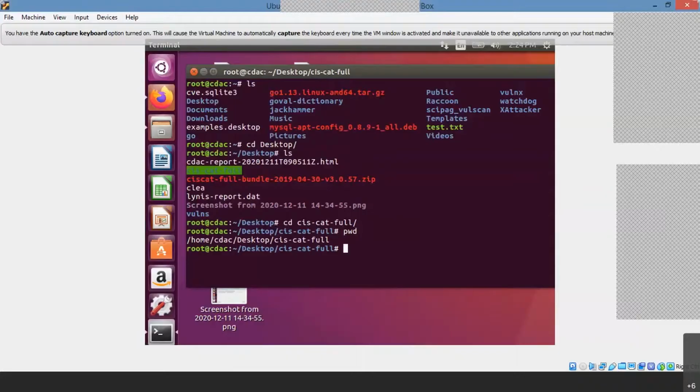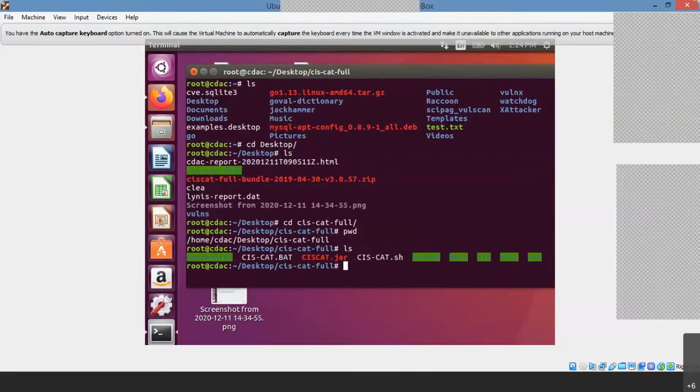Now, for listing the files, to see the content in that directory, what is the command? ls, right? Perfect. It lists the files in the directory.